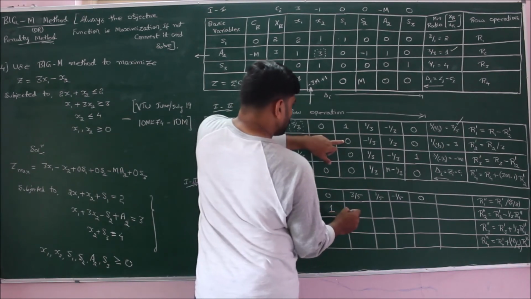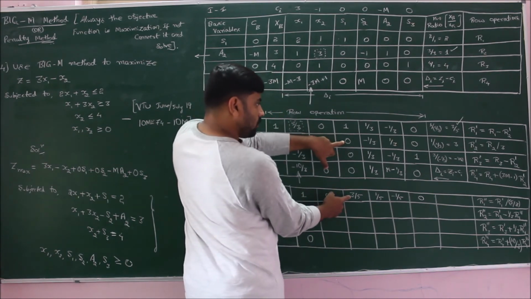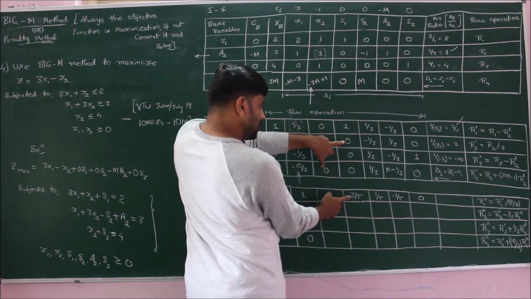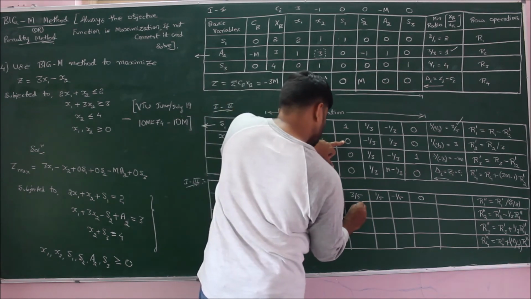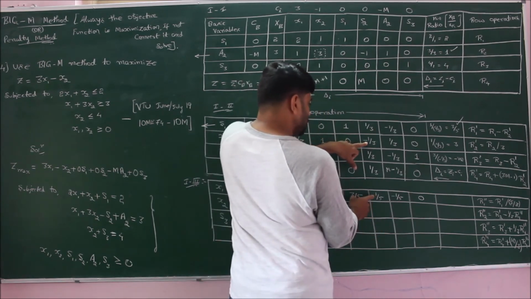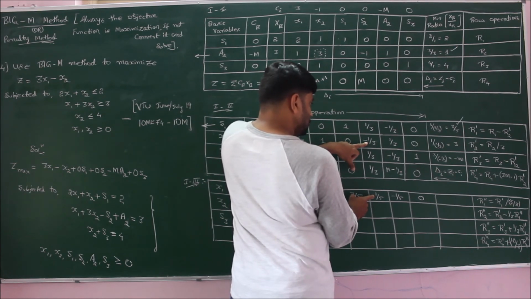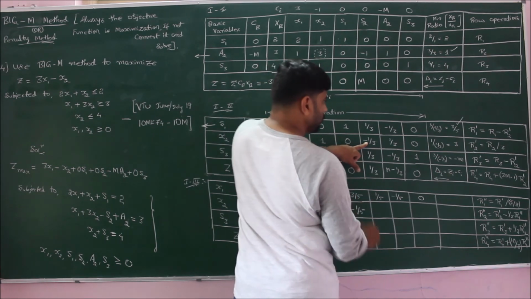Next, moving for this term, we have 0 here, but here we have 3 by 5, so therefore 0 minus 1 by 3 into 3 by 5, it is minus 1 by 5. Here I have minus 1 by 3, here I have 1 by 5. So therefore minus 1 by 3 minus 1 by 3 into 1 by 5, minus 1 by 3 minus 1 by 15, which yields us